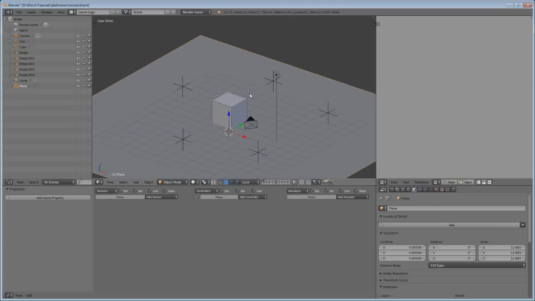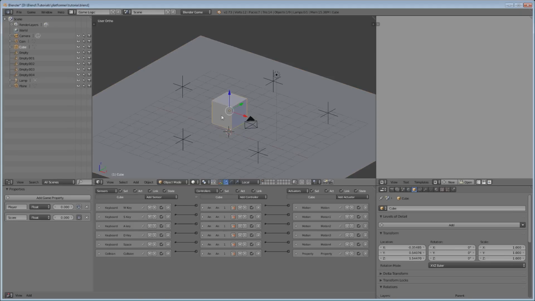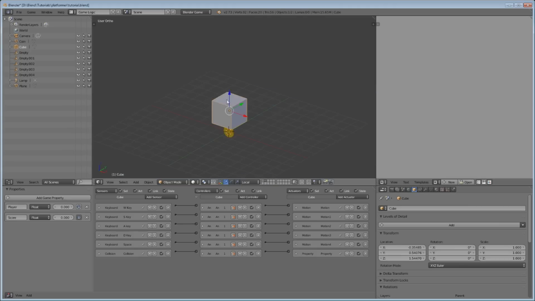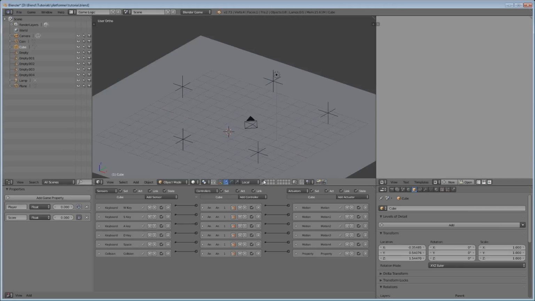So one of the things we're going to do in order to achieve that is select our cube and hit the M key. This lets us move this cube to a different layer. So we're going to move it to the second layer, which is in the same place where we're storing our coin. And in our first layer, we're going to add another one of these empties that will be our player